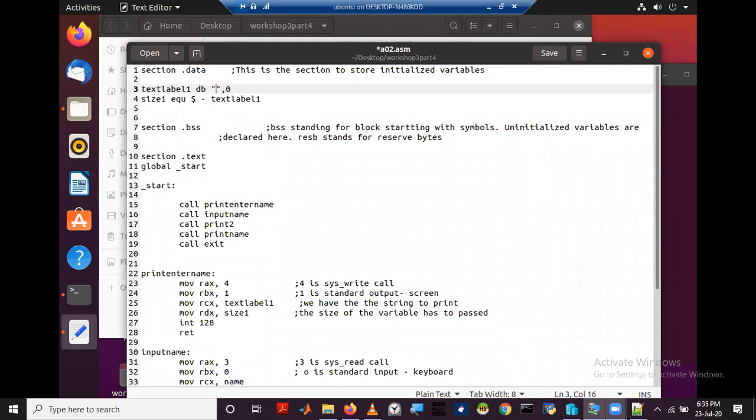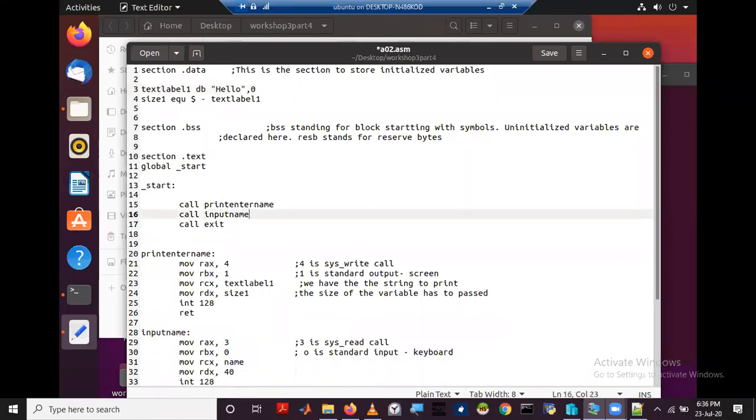So change this to hello, and we are going to call a subroutine.